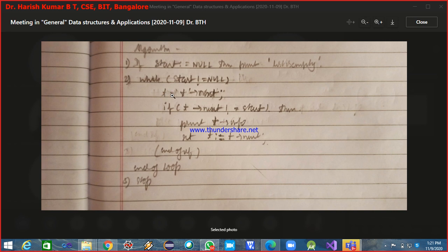When you write t is equal to t arrow next, it will skip the first node. So it will print the info field of all the nodes except the first node. What you have to do is first print t arrow info, and then do t is equal to t arrow next.